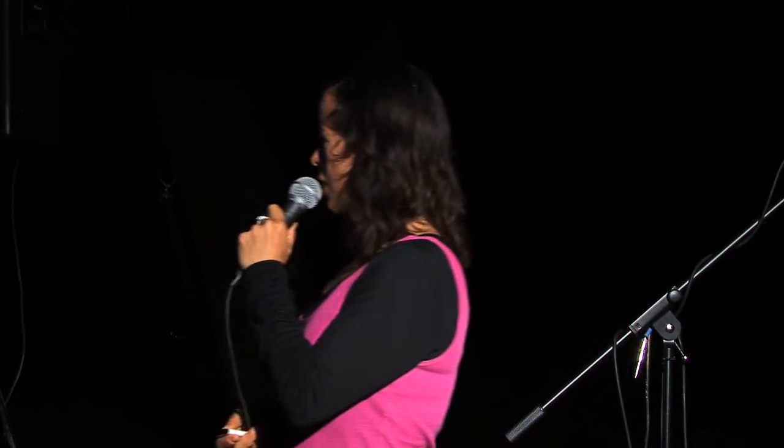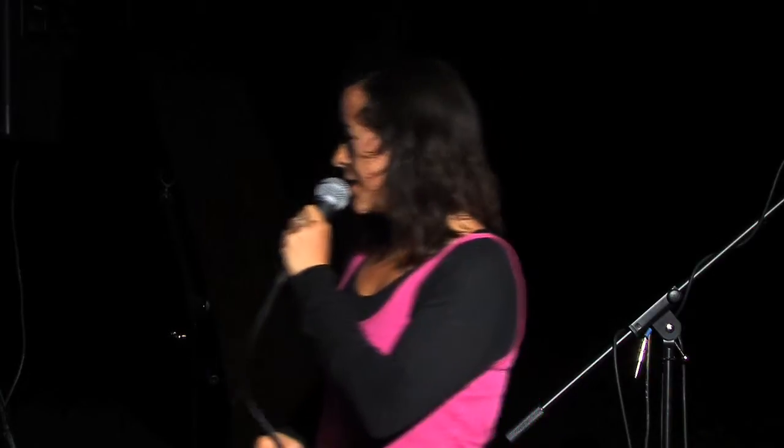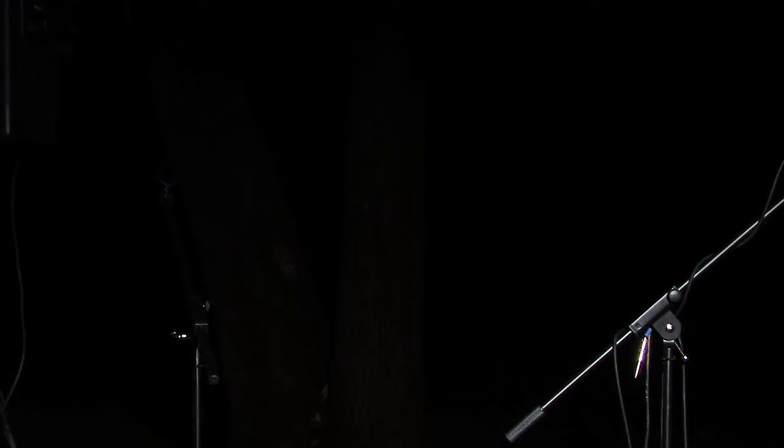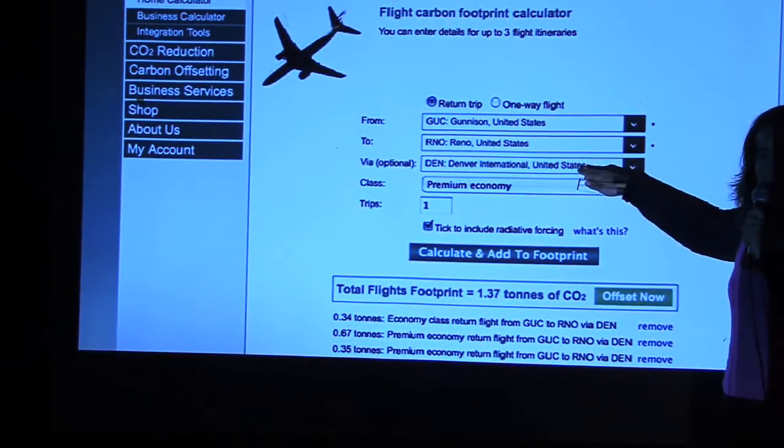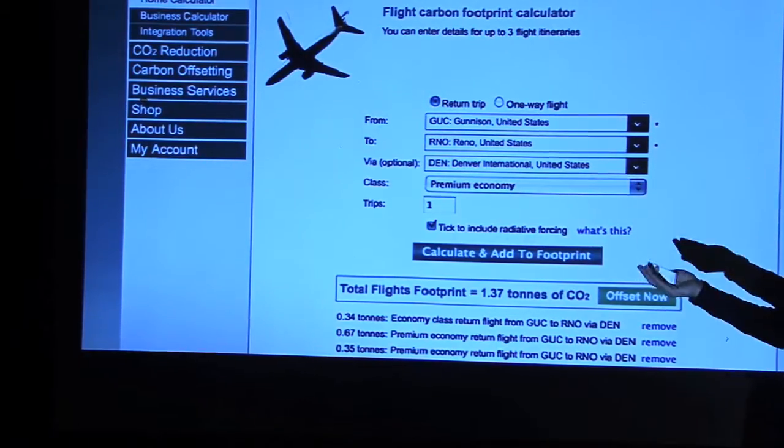Very simple. You just look at your bills, call your energy providers if you don't have your bills, look online, and enter them in there. Then the cars that you have, or no cars, or hopefully less than 1 car. Then you put your manufacturer, your mileage, and then it adds it to your carbon footprint. Then your flights. This is very hard for me because I travel around and give these talks a lot. An interesting thing to note that a lot of people haven't talked about in the US is it's very important to put your landings because every time you have a layover, you are going to actually increase your carbon footprint.